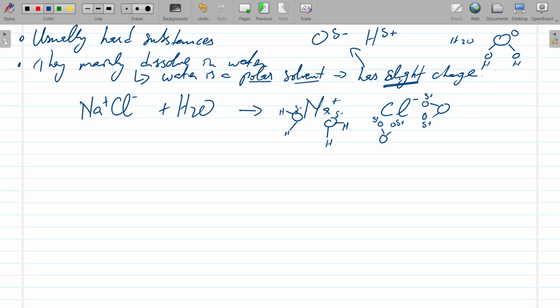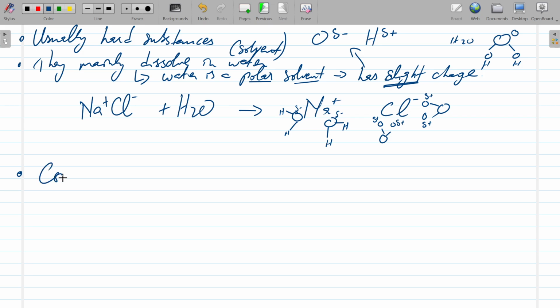And so when ionic compounds are put into water, they dissolve. Water is a solvent, and ionic compounds are the solute. So the water is a solvent for ionic compounds. Now, building on this, ionic compounds